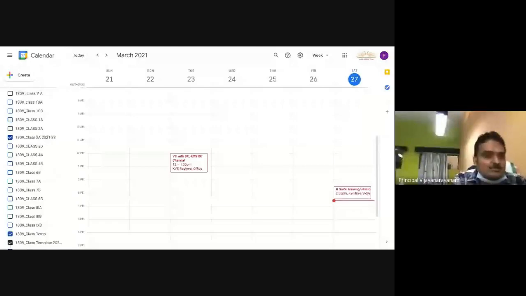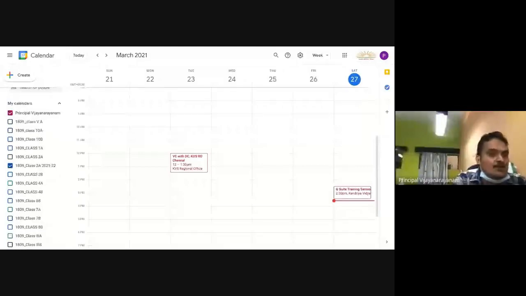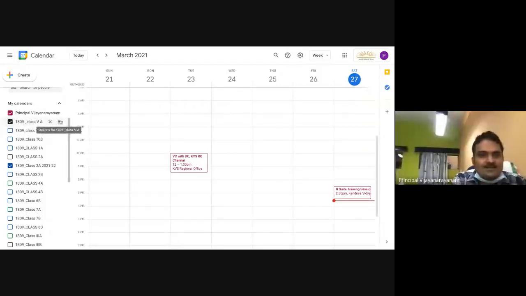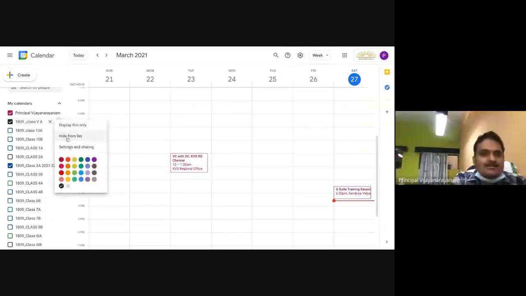These classrooms calendars we don't want anymore. So just select on it. It will take a little time. Go to the side. And if you want that classroom, you can hide from list or settings and sharing, which is the one I prefer. Settings and sharing.